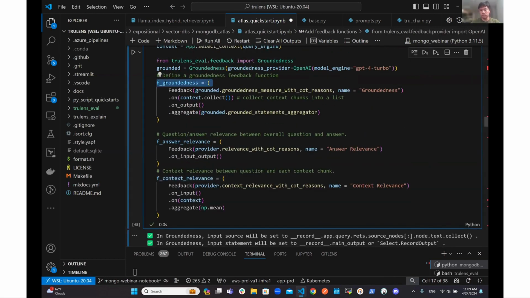Right. So the question was, why does groundedness use context.collect, whereas context relevance just uses context? The answer is that these evaluations are doing somewhat different things. For context relevance, what it's checking is, let's say you ask a question, and Daniel will give some examples very soon. This will become even more real as he walks through the demo and the notebook. But let's say you ask a question like,